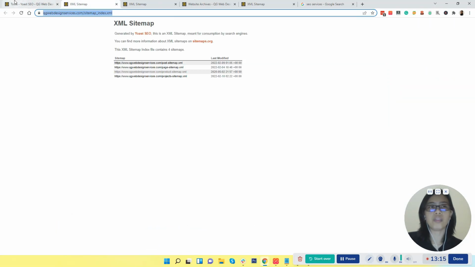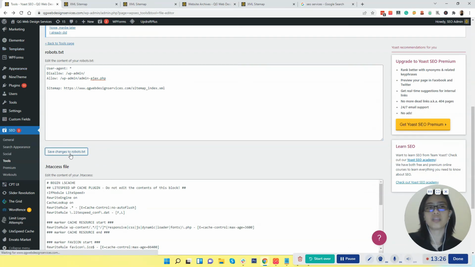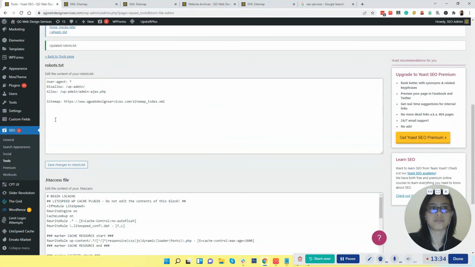So just copy the URL. Here, enter, create a space, type Sitemap: and then your sitemap XML, save changes to robots.txt, and then let's go back to tools.